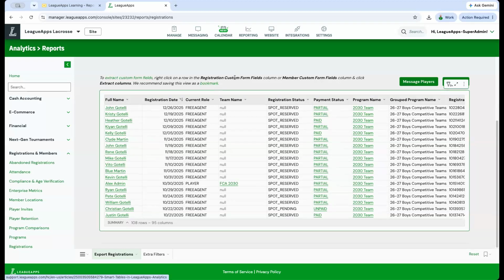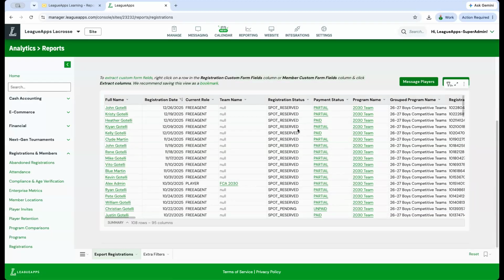For example, name, email address, USA lacrosse number, things like that, team name, graduation year. And depending on if you're collecting that stuff with custom form fields or otherwise, you can get it all out of your registration report here, and you can save that as a bookmark or a saved report. So it's just there and ready for you whenever you need it, and you don't have to come in here